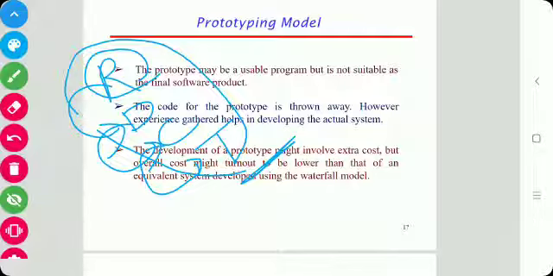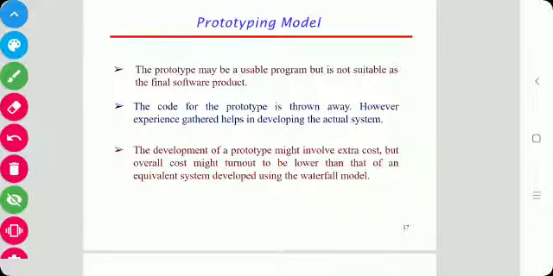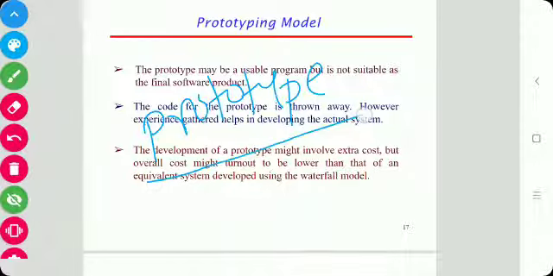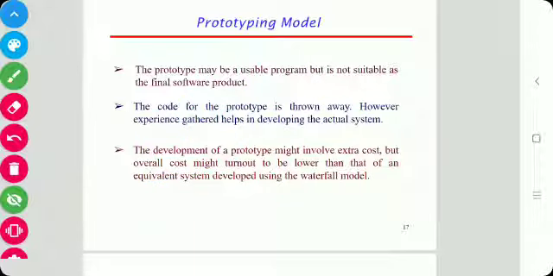So an alternative way is the prototyping model. Here we have to develop a working prototype of the software. So what is a prototype? A prototype is built according to the currently available requirements from the customer. This prototype has limited functional capabilities, low reliability, and low performance of the system. The developer uses this prototype to refine the requirements and prepare the final software requirement specification.